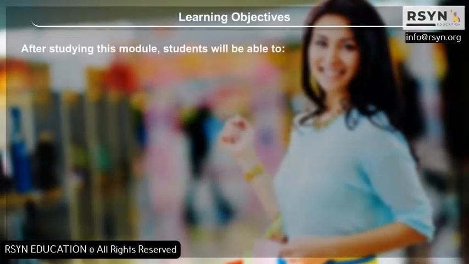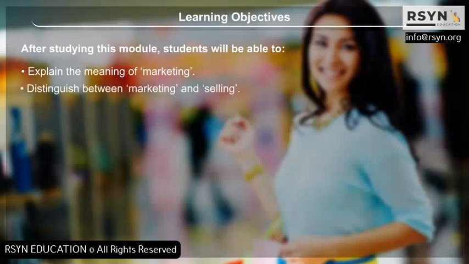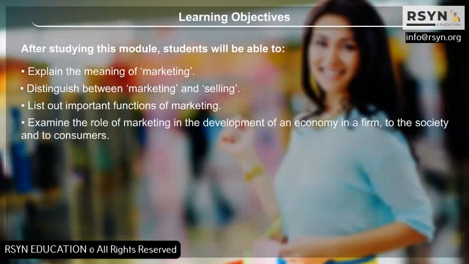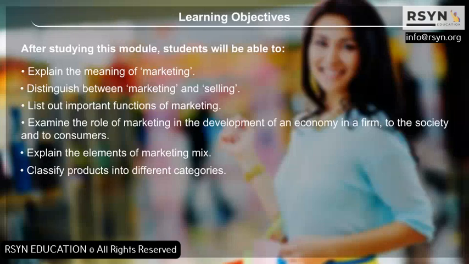Learning objectives. After studying this module, students will be able to explain the meaning of marketing, distinguish between marketing and selling, list out important functions of marketing, examine the role of marketing in the development of an economy, in a firm, to the society and to consumers, explain the elements of marketing mix, classify products into different categories,